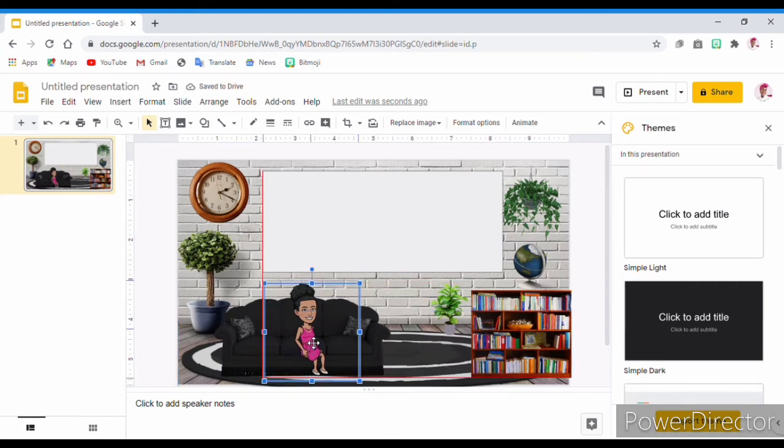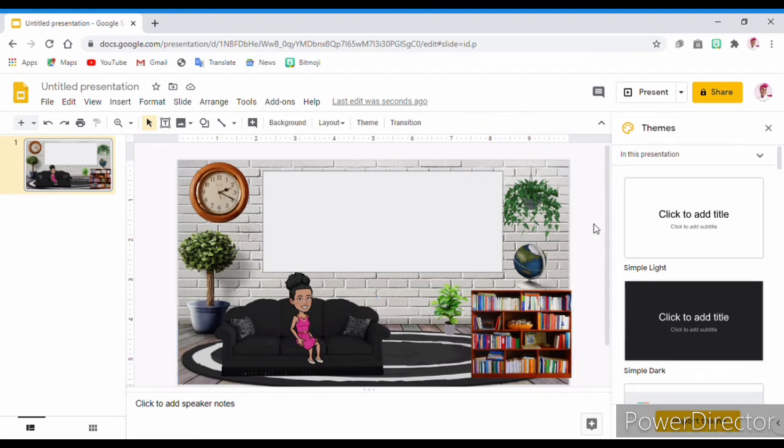Let me move her so that she can sit on the couch well. So there is Nana Edna seated in class. That's my Bitmoji, so my Bitmoji there seated in class. So I can write, for example, if I want to say good morning class. Now if I want to write, I just come to the text box, then